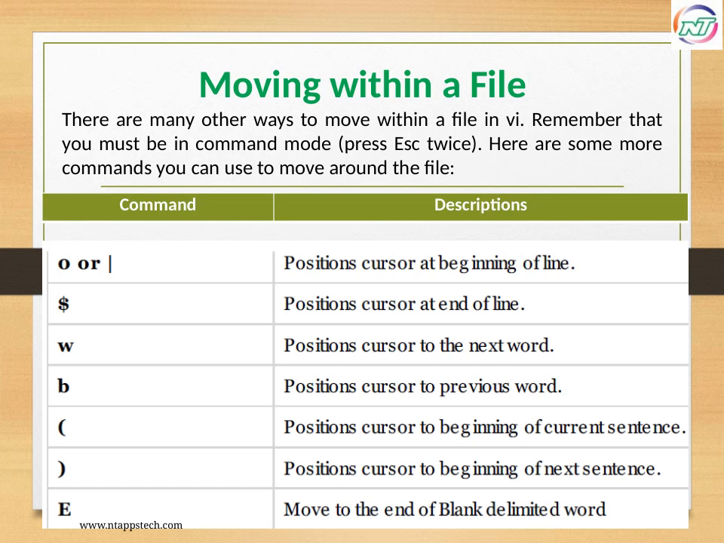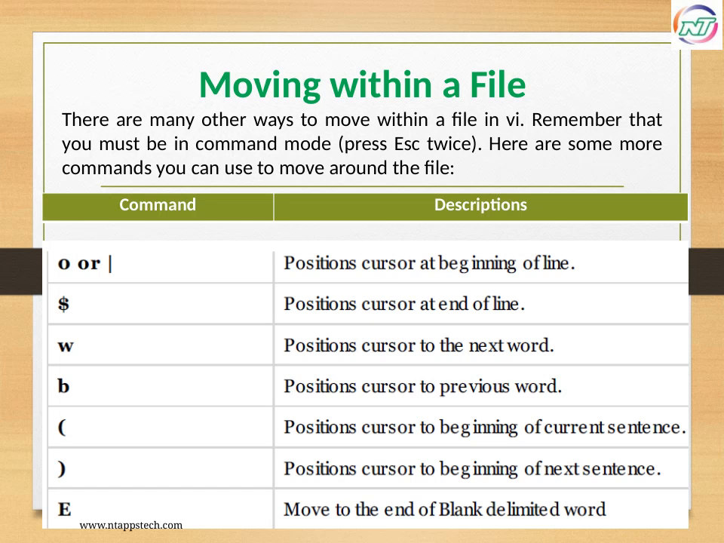The dollar sign command jumps to the end of the line, which is handy when you want to add something at the end. To move word by word, W shifts the cursor to the start of the next word, while B moves it back to the previous word, helping you scan through the text faster. You can also jump between sentences with the open parenthesis to reach the start of the current sentence and the close parenthesis to go to the beginning of the next one. Lastly, E takes you to the end of a blank delimited word,